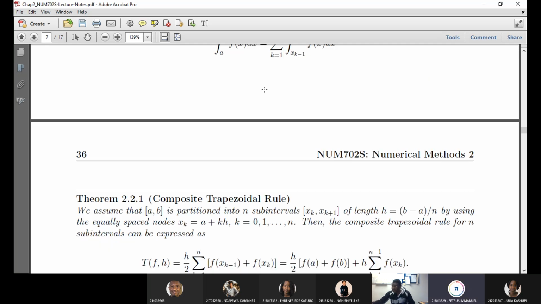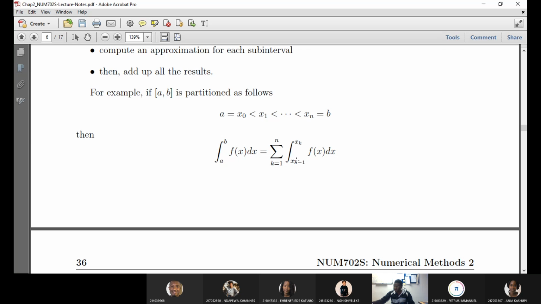We just apply the trapezoidal rule to this one. I mean trapezoidal, not Simpson, to this interval. So let me quickly write it down. If I apply the trapezoidal rule to this interval, the integral from